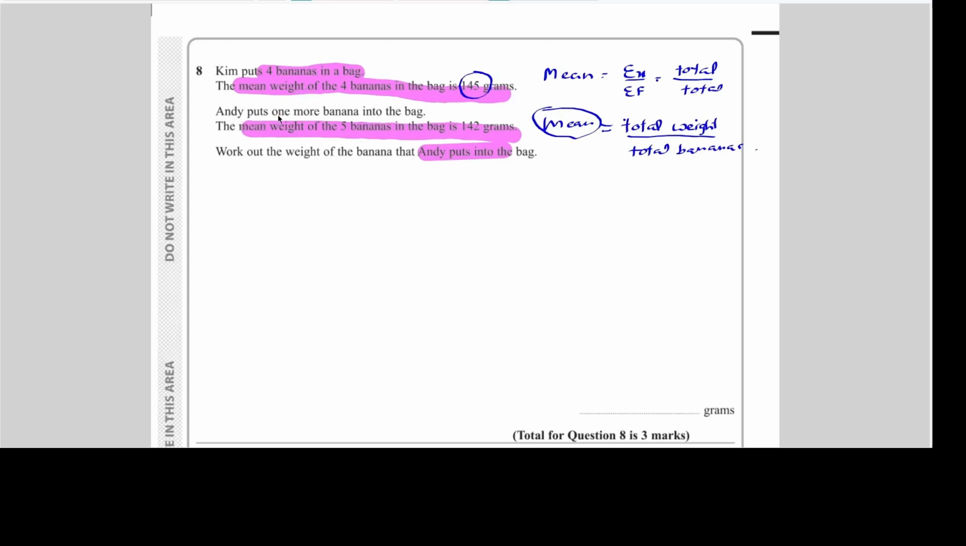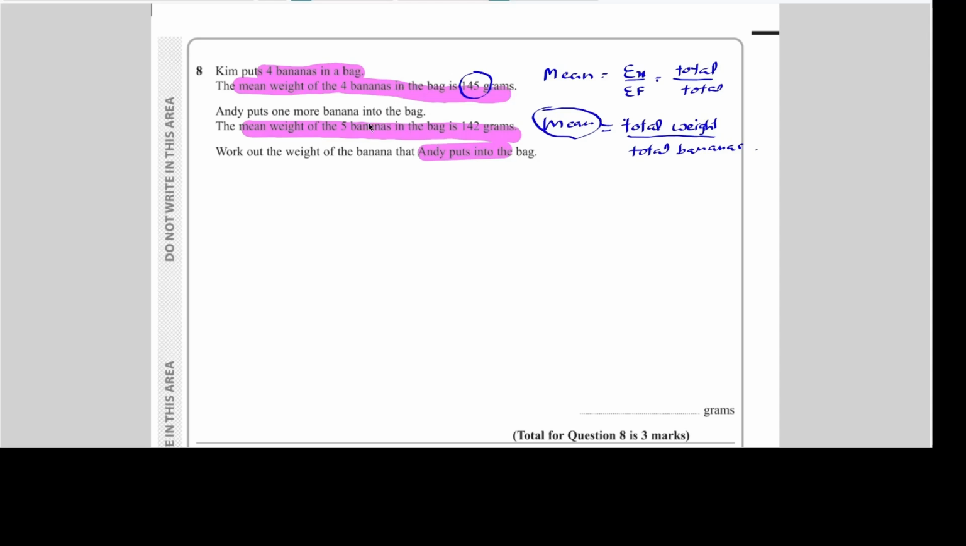Same way, Andy puts 1 more banana into the bag. The mean weight of the 5 bananas in the bag is 142 grams. So same way, here also I know the total weight. If I want to get the total weight, I know the mean, I know the number of bananas. When I cross multiply, I'm getting the new total weight of the bananas. So if I subtract the earlier total weight of the 4 bananas from the total weight of 5 bananas,